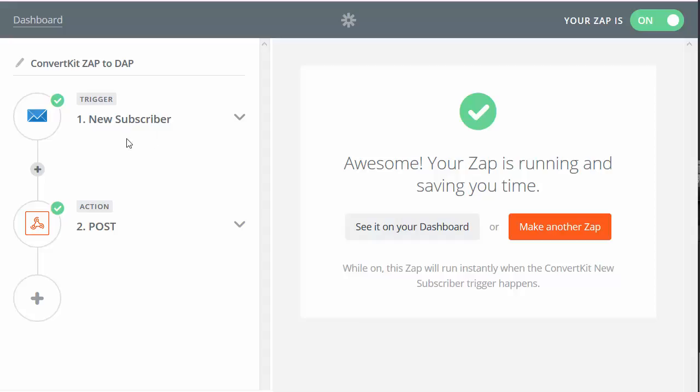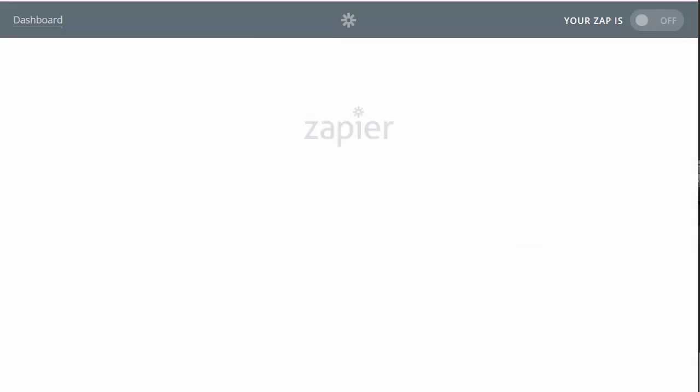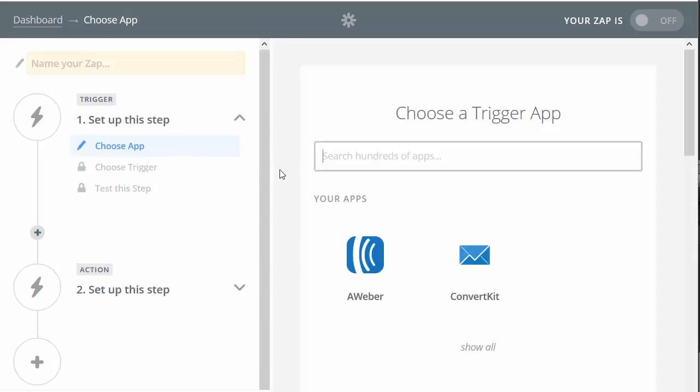Now, when that happens, you can set up the action trigger to post an event to the DApp Connect script so that the subscriber will be automatically added to DApp. So it doesn't have to be ConvertKit, it can be any platform of your choice. So what you have to do is start off by making a Zap and select whatever platform you want to